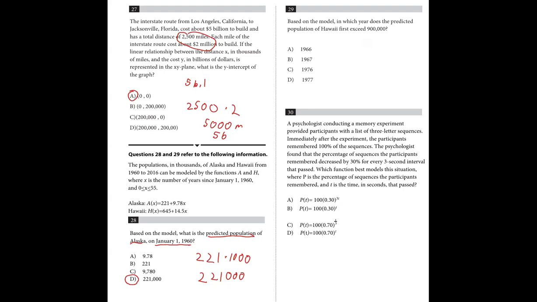Okay, so for question 29, based on a model, in which year does the predicted population exceed 900,000? So in this case, let's just convert into the equation format. Convert thousands again. So this just becomes 900, from 900,000 to 900 by dividing by 1,000. And then you get 900 equals 645 plus 14.5x. Subtract 645 from both sides,